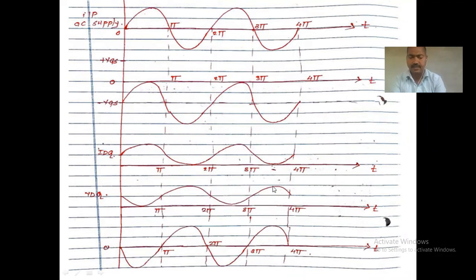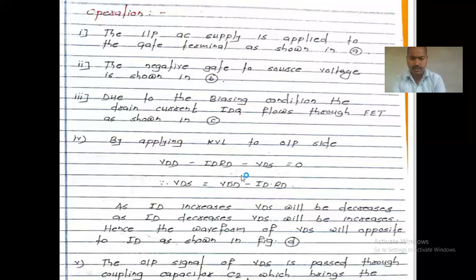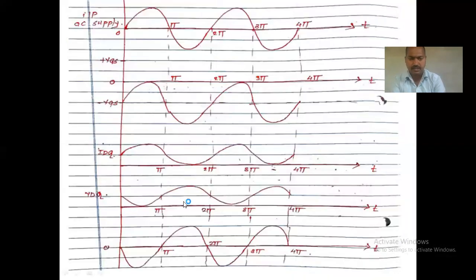असं का होतंय तर लक्षात घ्या, रिलेशन मध्ये सांगितलंय की ID ची व्हॅल्यू जर वाढली तर VDS ड्रेन टू सोर्स जे व्होल्टेज आहे ते कमी होणार आहे. म्हणजे ड्रेन करंटची व्हॅल्यू जर रिड्यूस केली तर त्या केसमध्ये काय होणार आहे पहा, हा जो आहे VDD मायनस ID इंटू RD, तर या VDD समजा मी सांगितलं तुम्हाला 10 होतं, जर हे वाढलं समजा 2 होतं ते 4 झालं, 10 वजा 4 6 आलं, समजा कमी झालं 10 वजा 2 8 झालं, म्हणजे हे वाढलं की हे कमी होणार आहे, हे कमी झालं की हे वाढणार आहे. सेम थिंग विल बी सीन हिअर, तुम्हाला सांगितलं.